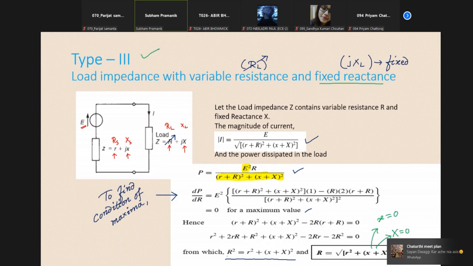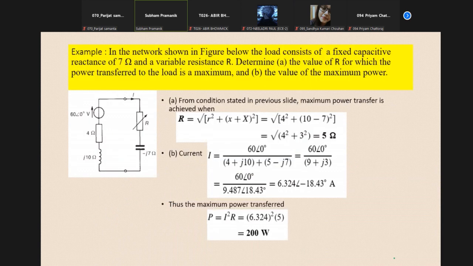So for that, you need to modify that equation. Accordingly, further analysis will be done. So let's see a problem on this. So far as my experience is concerned, I have never seen any other types of problem than this for type 3. Only this kind of problem comes, and that's the only alternative actually. There is no way that people can ask different types of questions for a type 3 network.